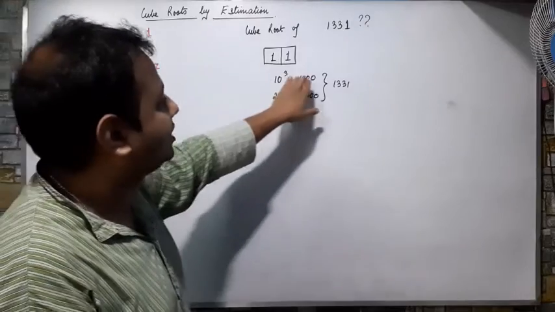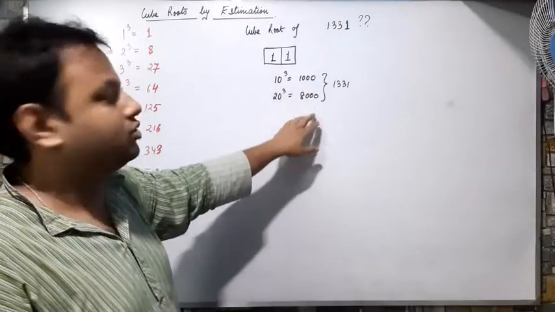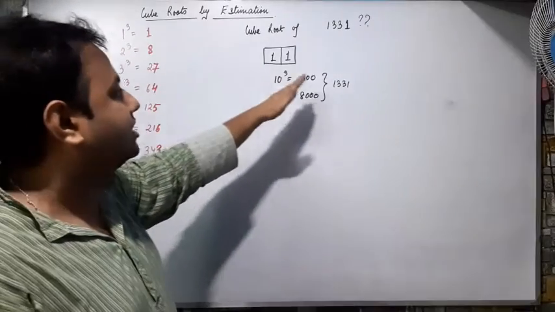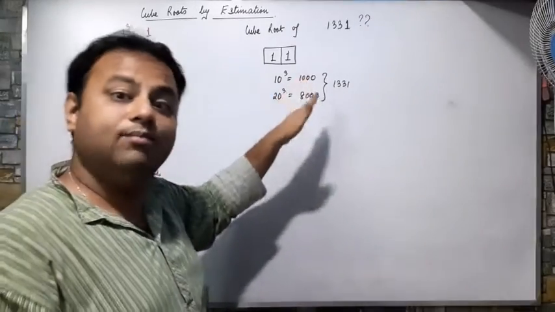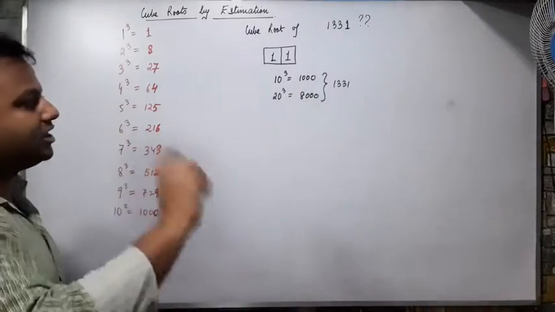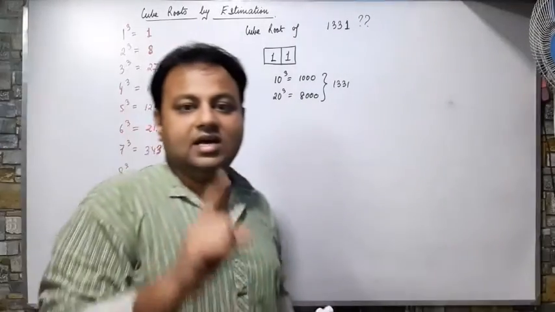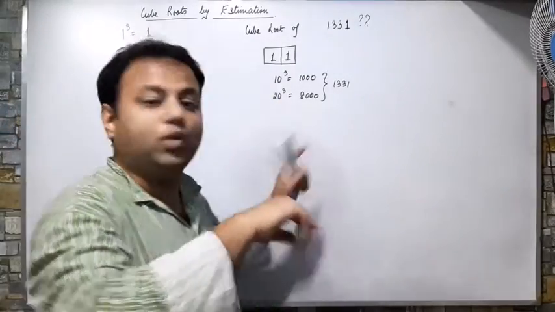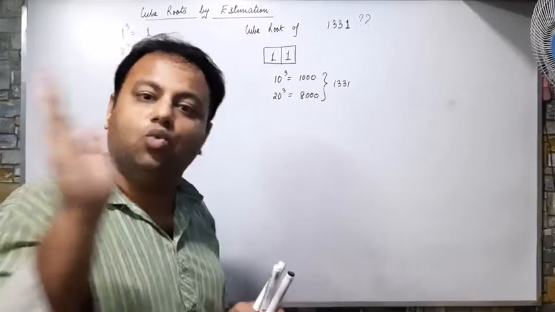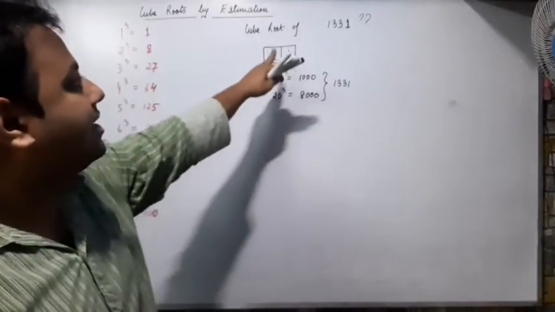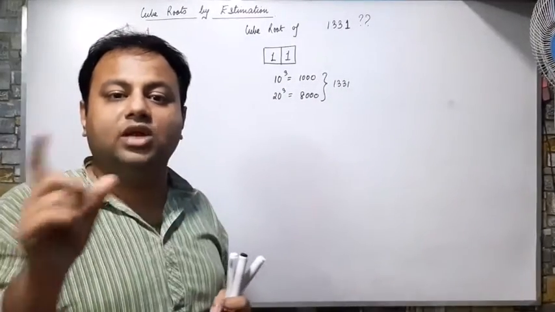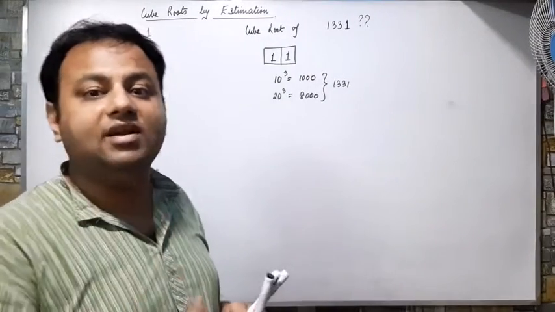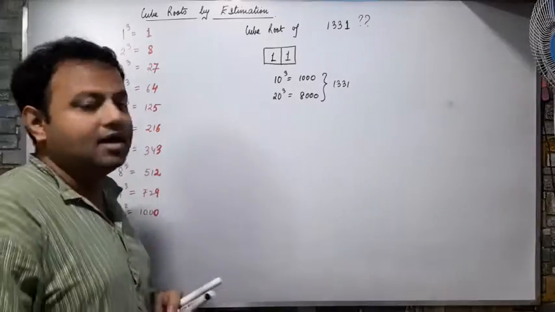তো 10 এর কিউব হয় 1000 আর 20 এর কিউব হয় 8000। আর এই 1331 তাহলে তোমার 10 কিউব দ্যাট ইজ 1000 এন্ড 20 কিউব দ্যাট ইজ 8000 এর মধ্যে পড়ছে। সো আমি বুঝে গেলাম কি এই 1331 ইজ দ্য কিউব অফ আ নাম্বার which is between 10 to 20। এমন একটা নাম্বার হবে যে 10 থেকে 20 এর মধ্যে হবে। আর আমি আগেই জানি আমার লাস্ট ডিজিট 1, তো 10 থেকে 20 এর মধ্যে এমন কোন নাম্বারটা আছে যার লাস্ট ডিজিট 1? দ্যাট ইজ সিম্পল, দ্যাট ইজ 11। So that's why my number is 11.